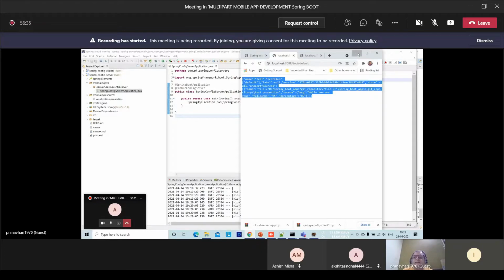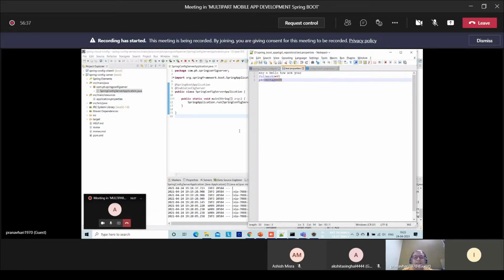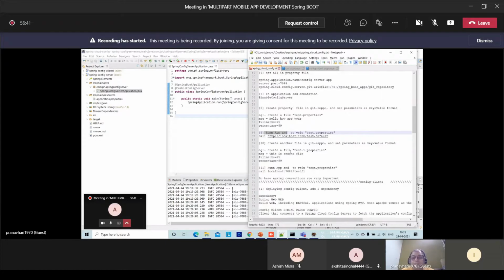Now let's see about profile. For that, I'm just minimizing this screen and going again to the step. Now, let us create one more repository file. Its name is test-1. क्या नाम है? Test-1.